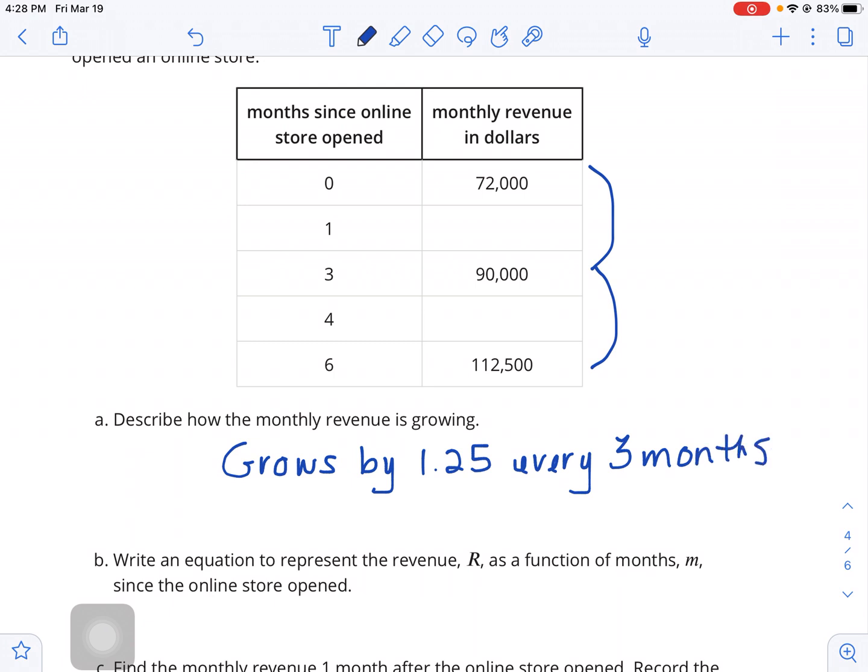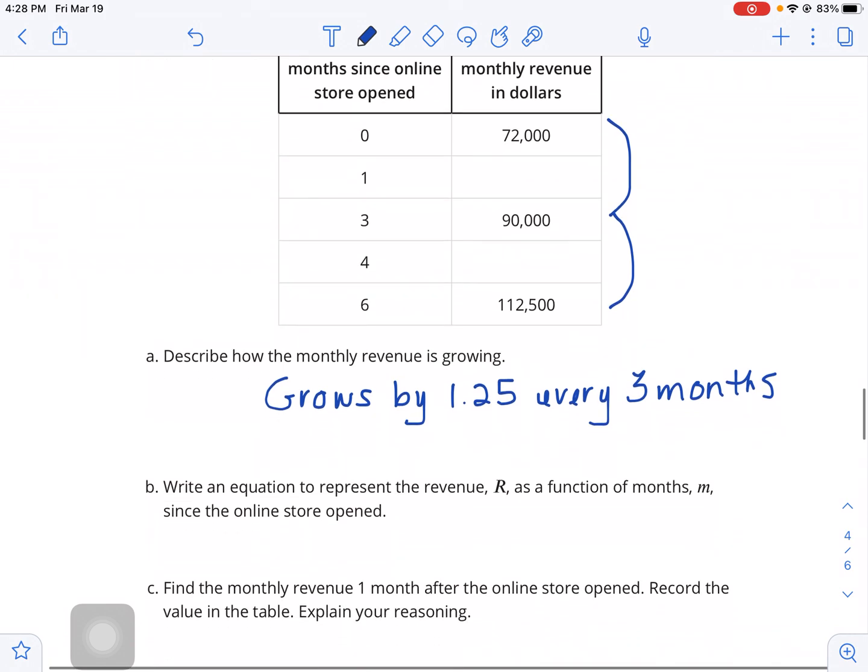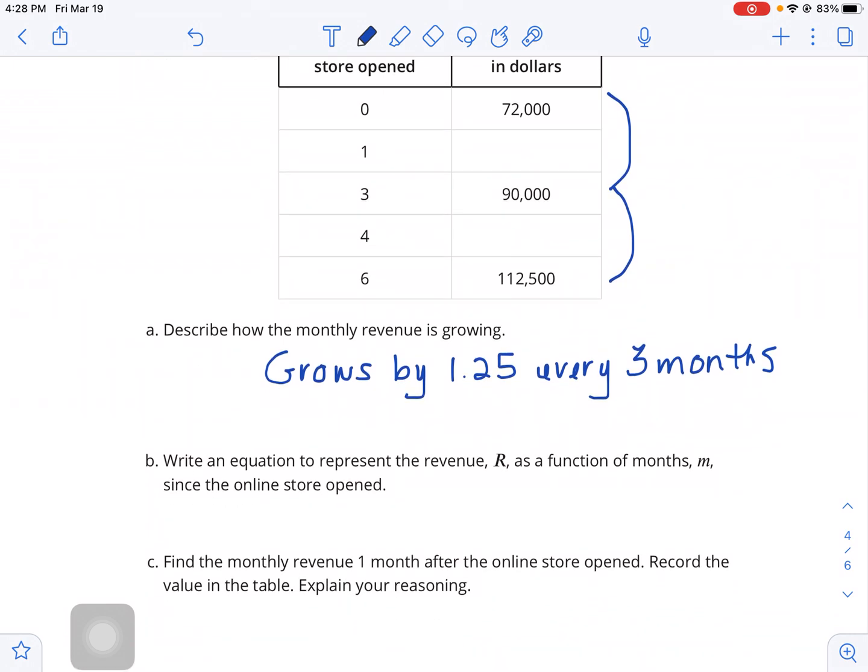That's what we know so far. So when we want to write this equation for the revenue in terms of months, we would start with 72,000